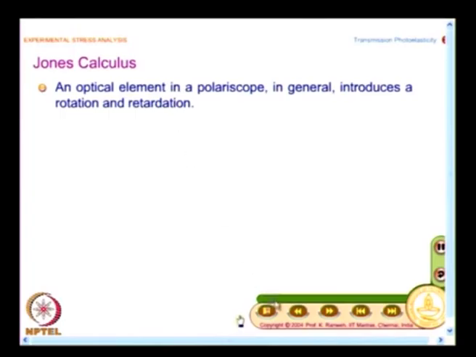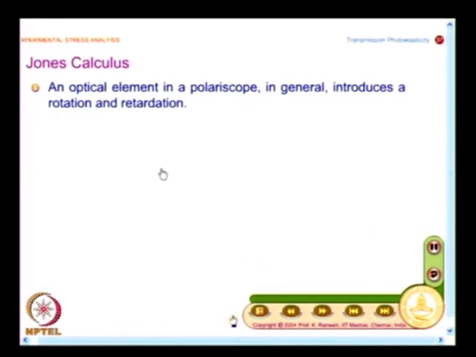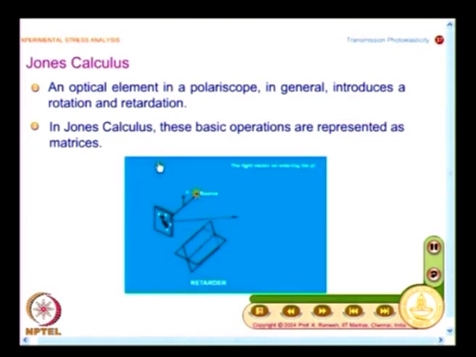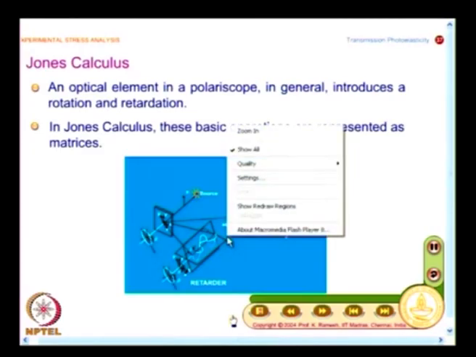And our interest is, you want to have this as matrix operators. With that, the analysis becomes a lot simpler. So, this is what we want to look at. The basic operations are represented as matrices, and I said in one of the earlier classes when we introduced this,